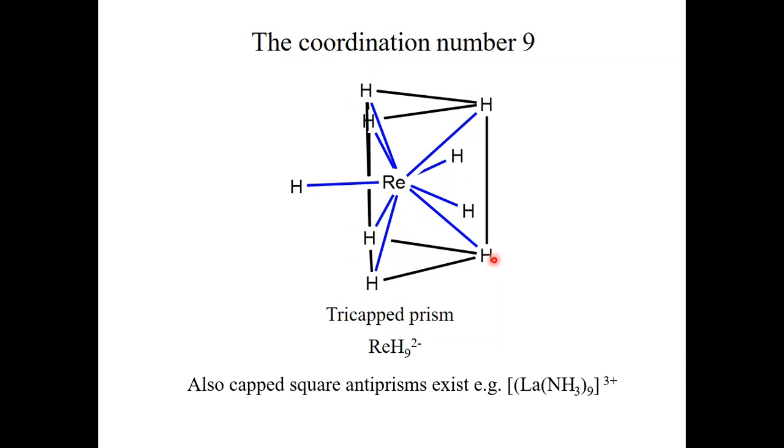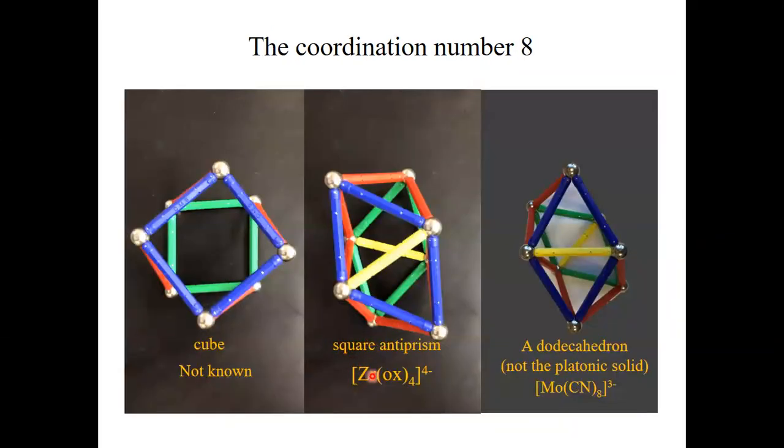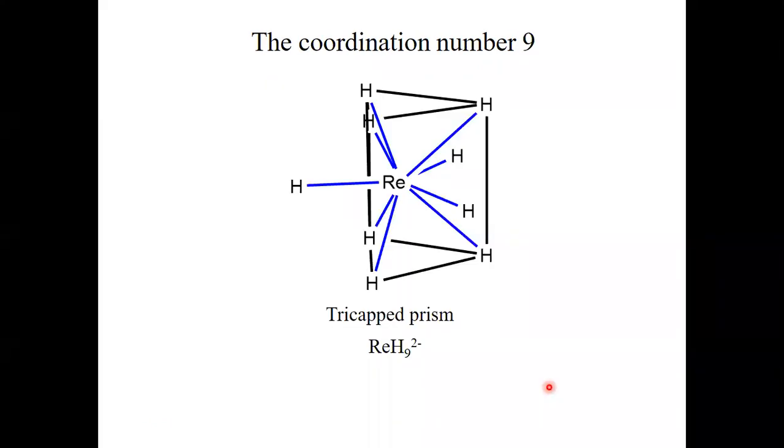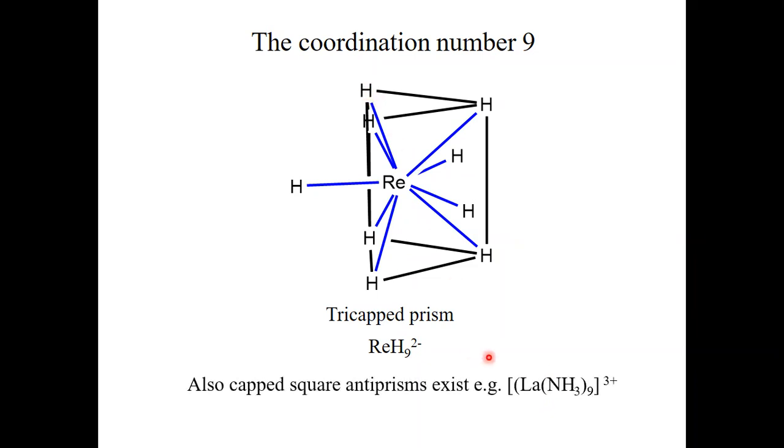So now you can think about, what do these examples for high coordination numbers all have in common? You see, they all tend to have large metal ions in the center. In this case, lanthanum and rhenium. And in the previous examples here, it was zirconium and molybdenum. And for the coordination number 9, we again tend to have larger metals in the center and relatively small ligands around. So in this case here, it's hydrogen, and in this case here,